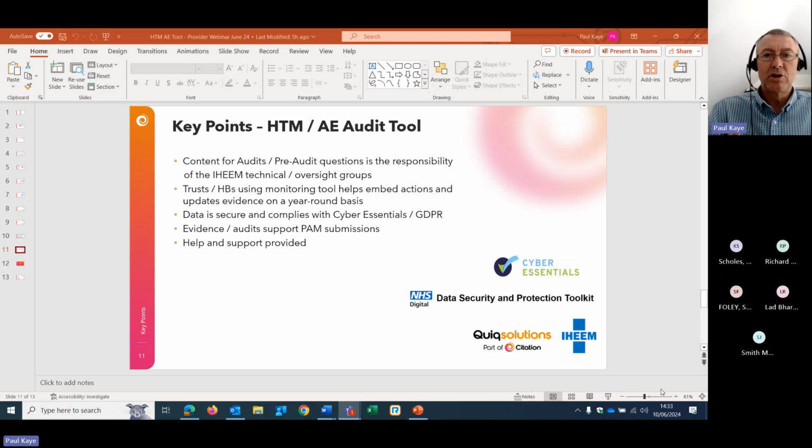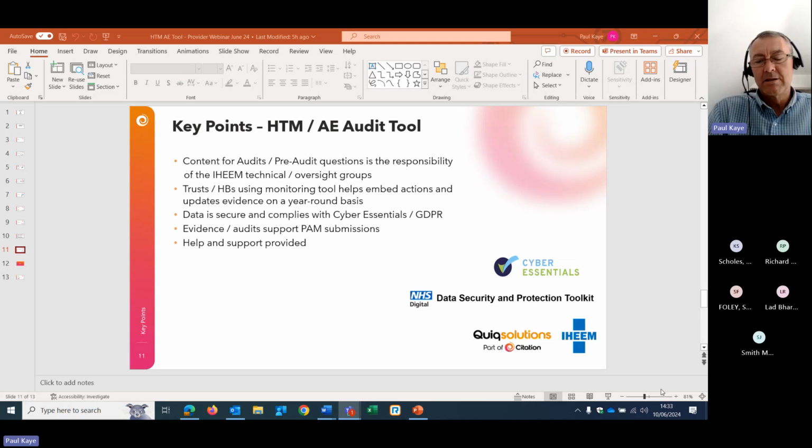Now, there's nothing to stop you creating your own audits if you work with non-IHEEM AEs, or we could even build them for you, but there would be a cost involved for our time in doing that. But if you want the guarantee of the content, then the IHEEM audits will give you that.